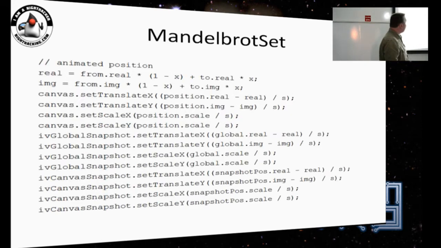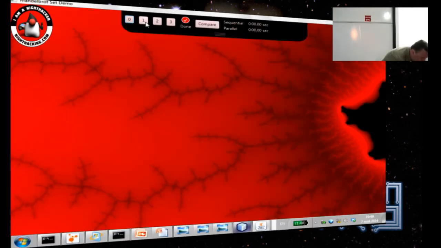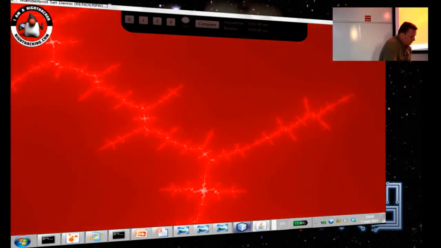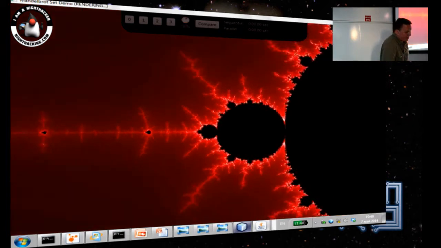So in the end of this calculation, we got two values, real image and scale, which is represented here. And we have 3 objects that we actually manipulate during this animation. It is the canvas, where we render our new frame. It is the global snapshot, which is a snapshot of something we can see if we go like this, which contains the whole picture of the Mandelbrot Set.